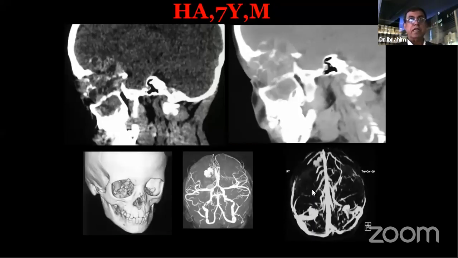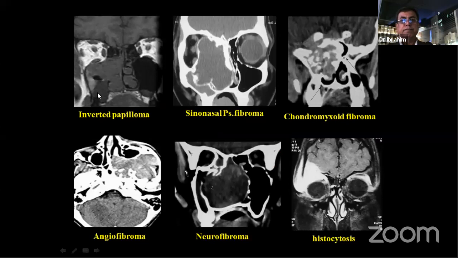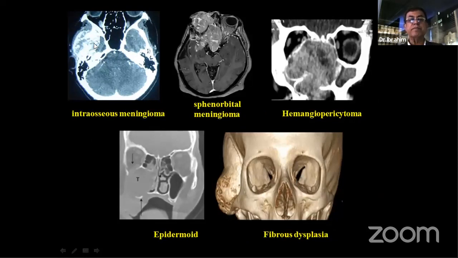Again, you may say, easy, this is aneurysmal bone cyst, so the diagnosis is quite clear. It's not. Let me show you. I have selected my cases where the lesion is very much similar to the pathology here enclosed. This actually is not mine, this is from books, but this is my fibroma, chondromyxoid fibroma, angiofibroma, neurofibroma, histiocytosis, an Iraqi patient of mine, intraosseous meningioma, a patient who came from Kurdistan, sphenoorbital meningioma, this is a local Jordanian patient, who came with this huge lesion,